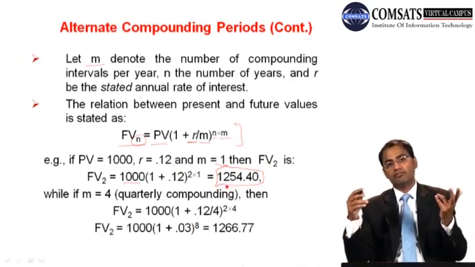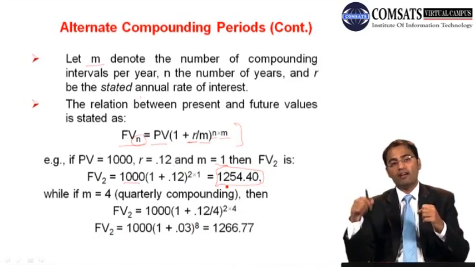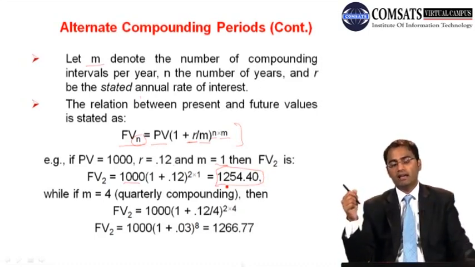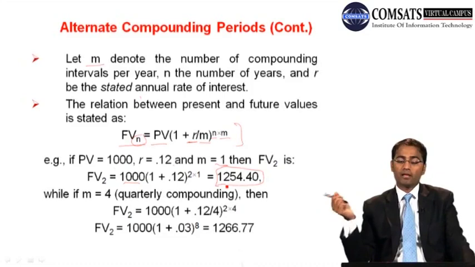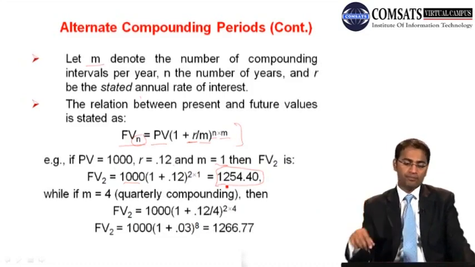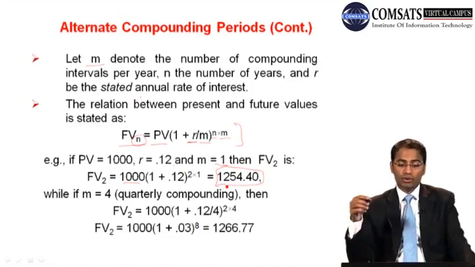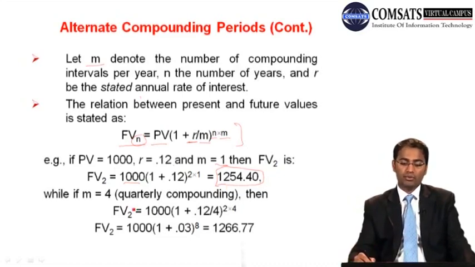So your 1000 will be 1254.4 after 2 years, right? If you go for compounding after 1 year. While if you go for 4 compounding intervals like quarterly compounding, then FV2, the future value after 2 years, will